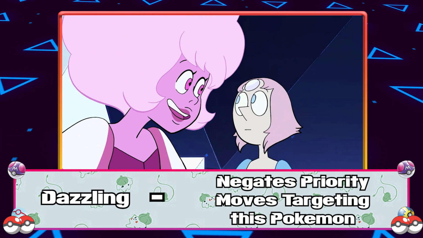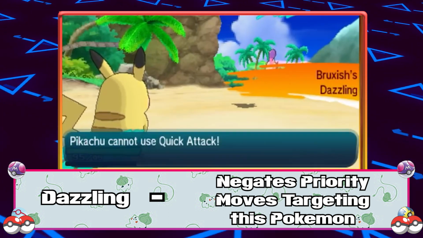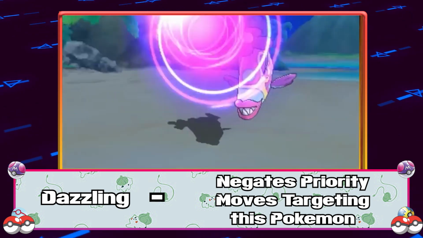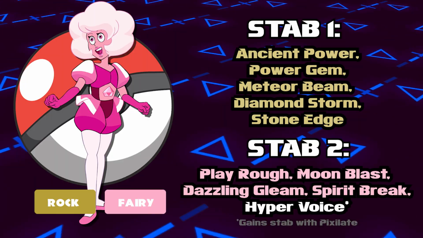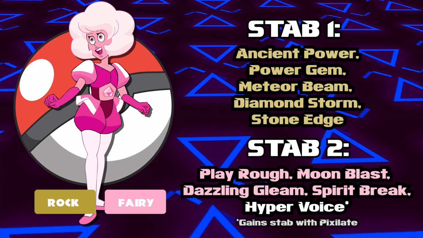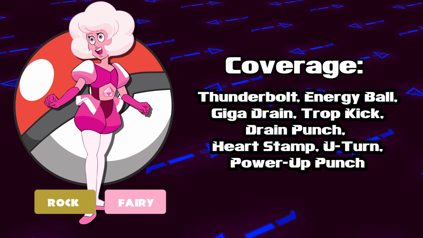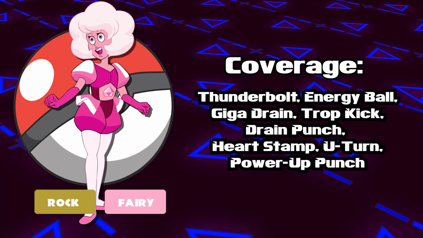Pink's hidden ability is Dazzling, the signature ability of Bruxish, which prevents her from being hit by priority moves and is great for keeping bullet punches from dealing 4 times super effective damage to her. Pink Diamond gets access to the same rock moves as their sisters, and also Play Rough and Moonblast for her fairy-type STAB. For coverage, Pink gets Thunderbolt, Energy Ball, Giga Drain, Trop Kick, Drain Punch, Heart Stamp, U-Turn, and Power